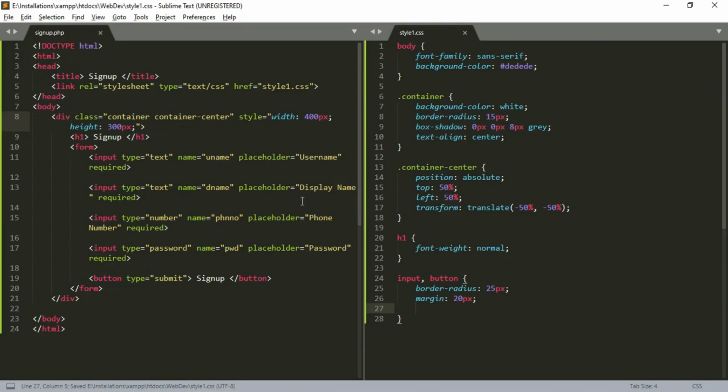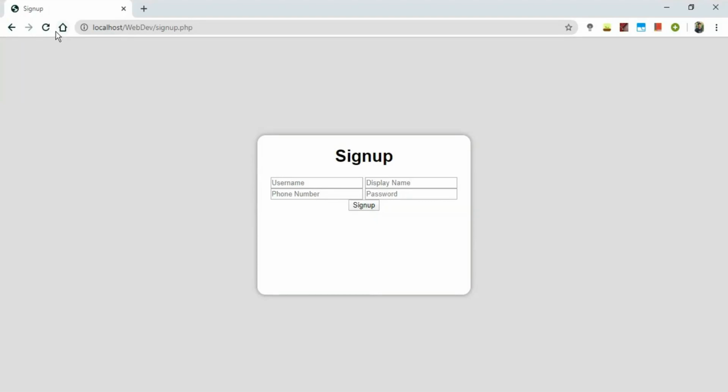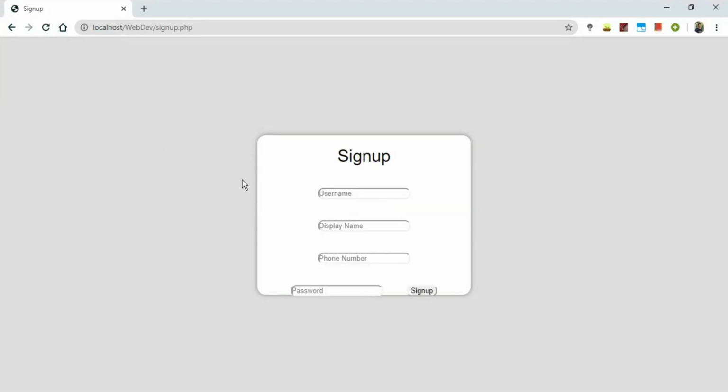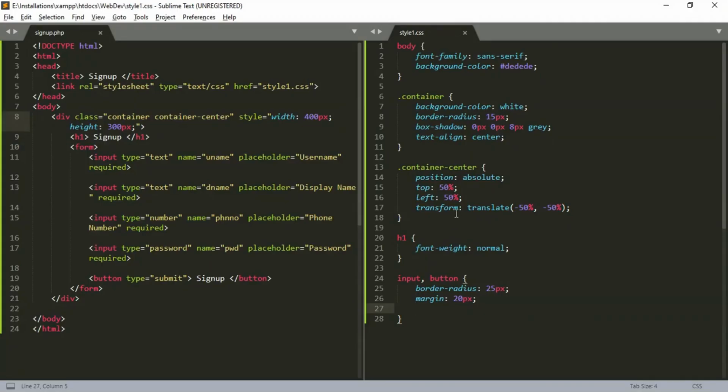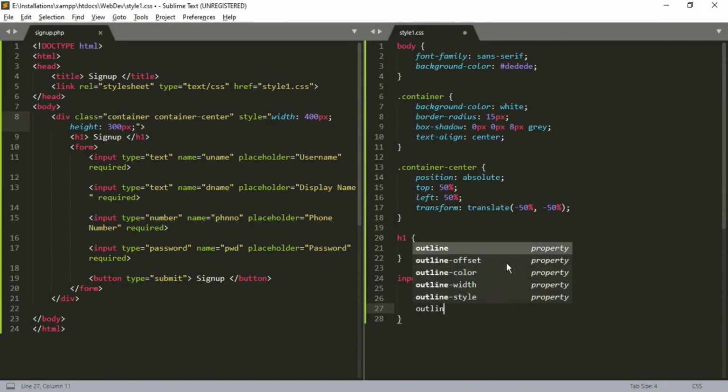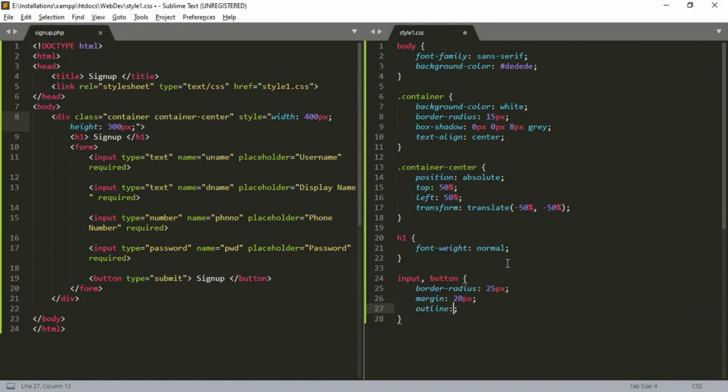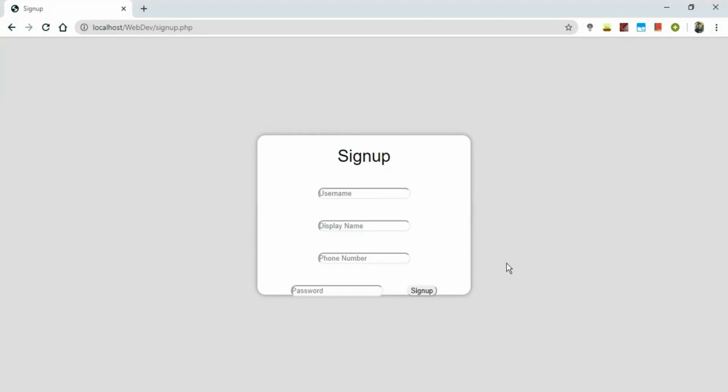Now let's see how it appears in the web page. Now if I click in the input field, there is a nasty blue outline around it. To remove it, we can give the outline as none. Go to the CSS part and give outline none. This will remove the nasty blue line. Let's see how it works. Again, go and click it. Now the blue line is not appearing.